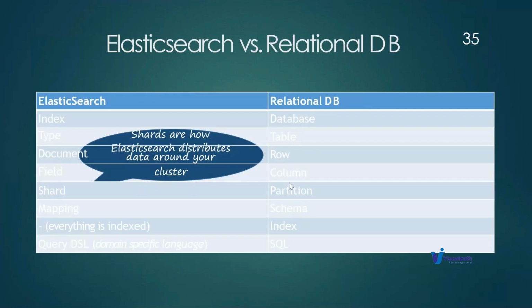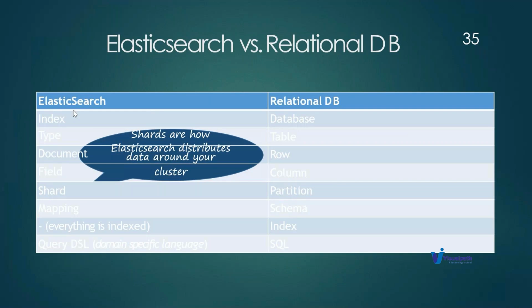So, what is the difference between Elasticsearch and a relational database? Why can we not use a relational database? And how did Elasticsearch become so popular? Elasticsearch is just a database too, but